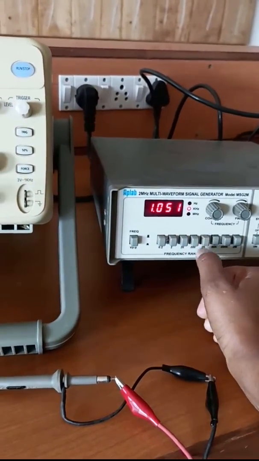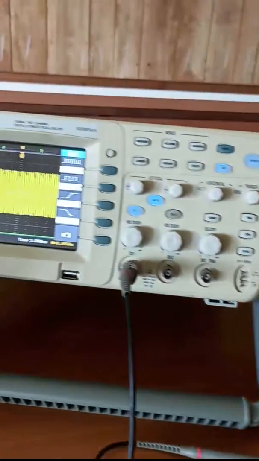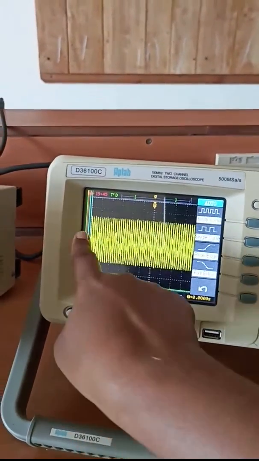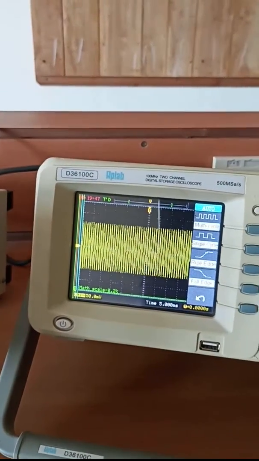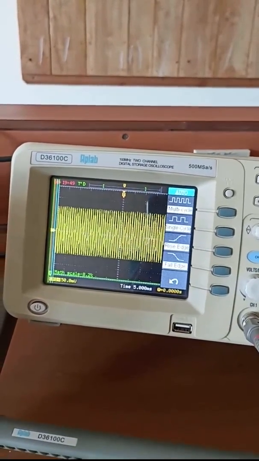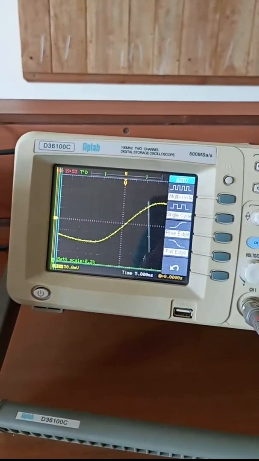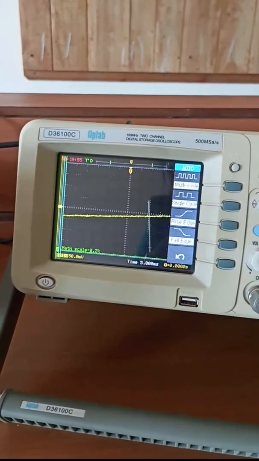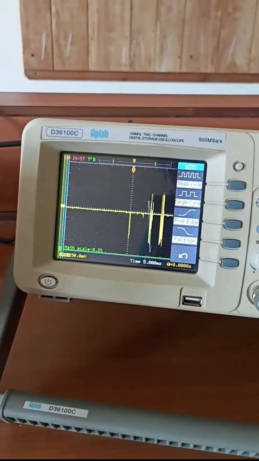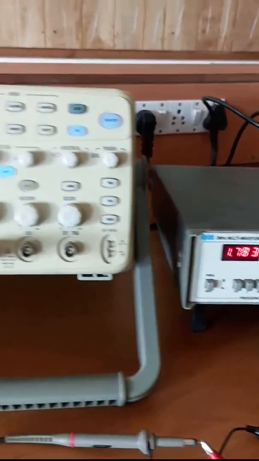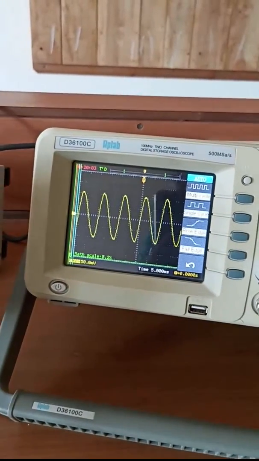It is in kilohertz, and also we will get the waveforms on this oscilloscope. As I change the frequency, we will get waveforms here.